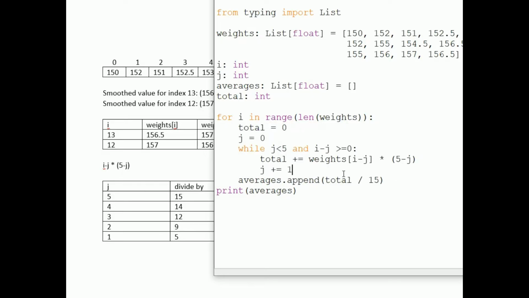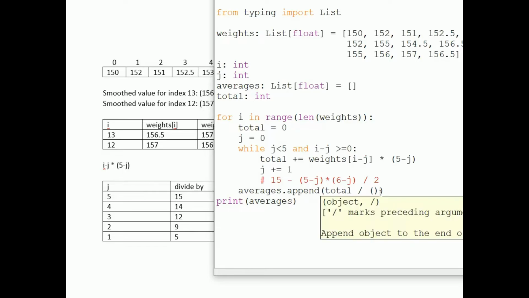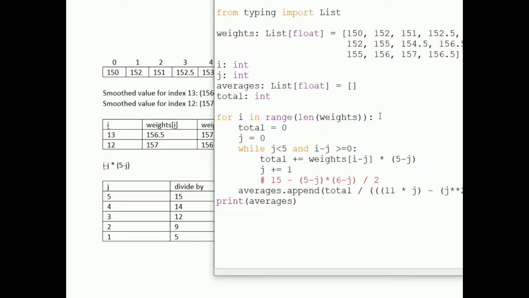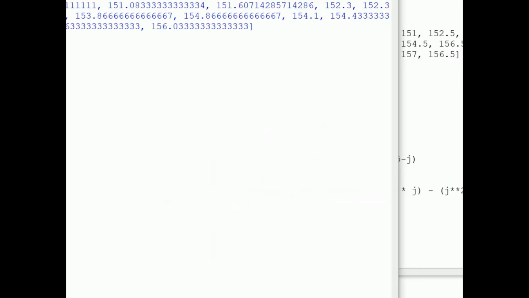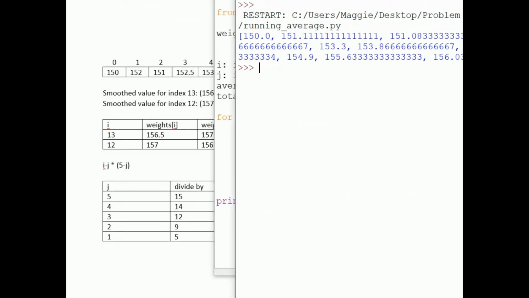And then after the loop, rather than dividing by 15, we'll divide by 15 minus (5 minus j) times (6 minus j) divided by 2. Or with algebra, we can simplify that to (11j minus j squared) divided by 2. Running the program, and comparing to our spreadsheet